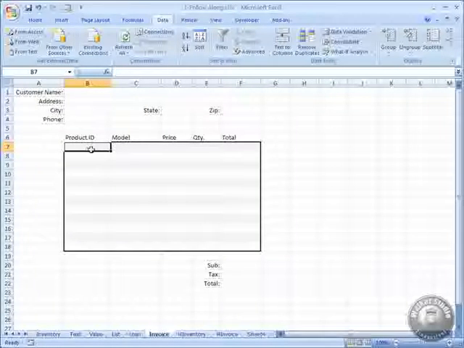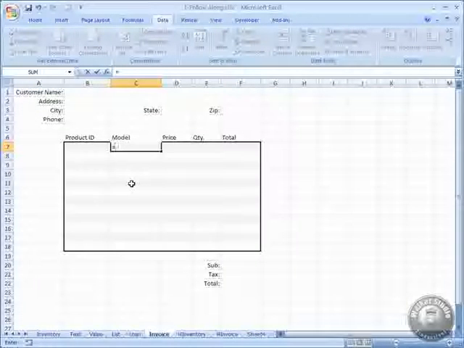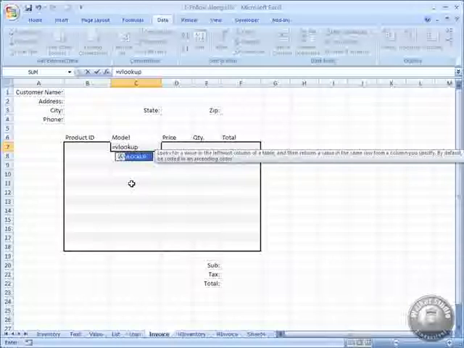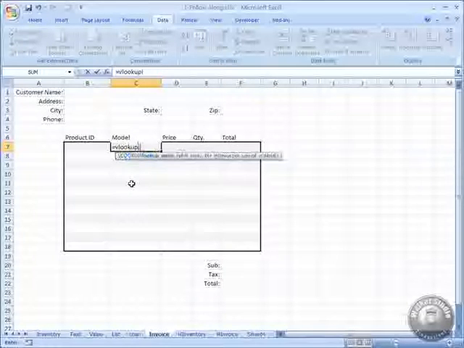So for our product ID, right now, there's nothing there, obviously. So let's go in the model. This is where we want the result. And our formula equals, we're going to use VLOOKUP. The reason that we're using VLOOKUP is because of the way that the data is arranged. Everything, if we head back here at inventory,